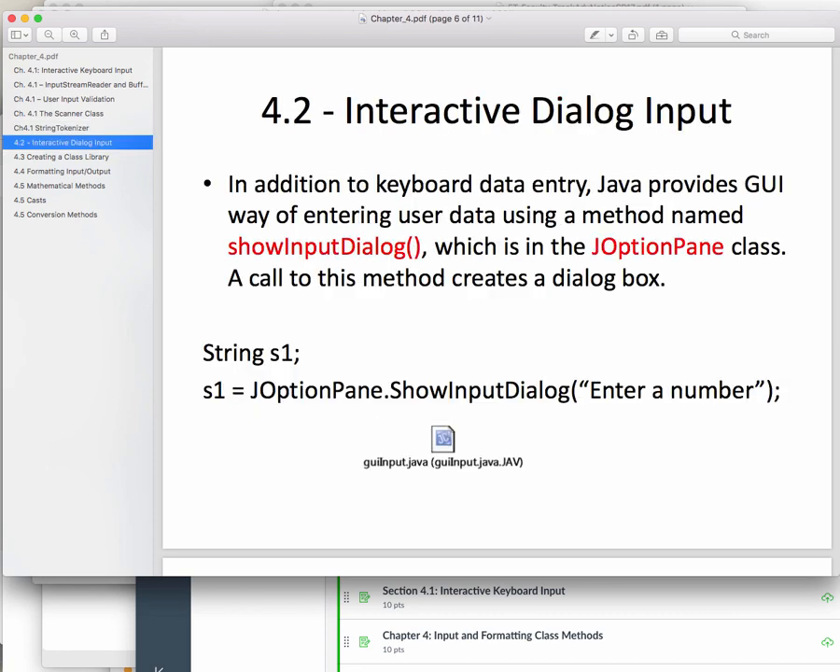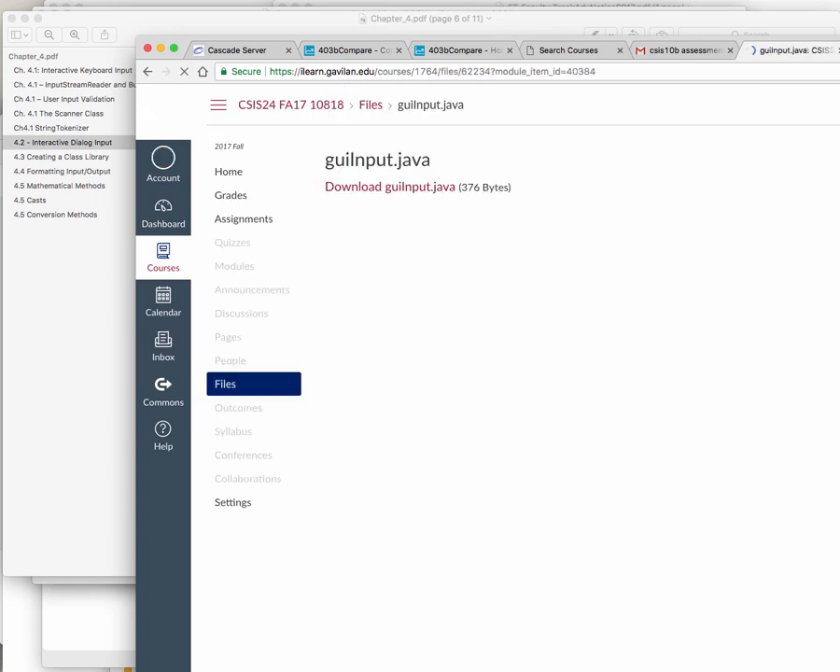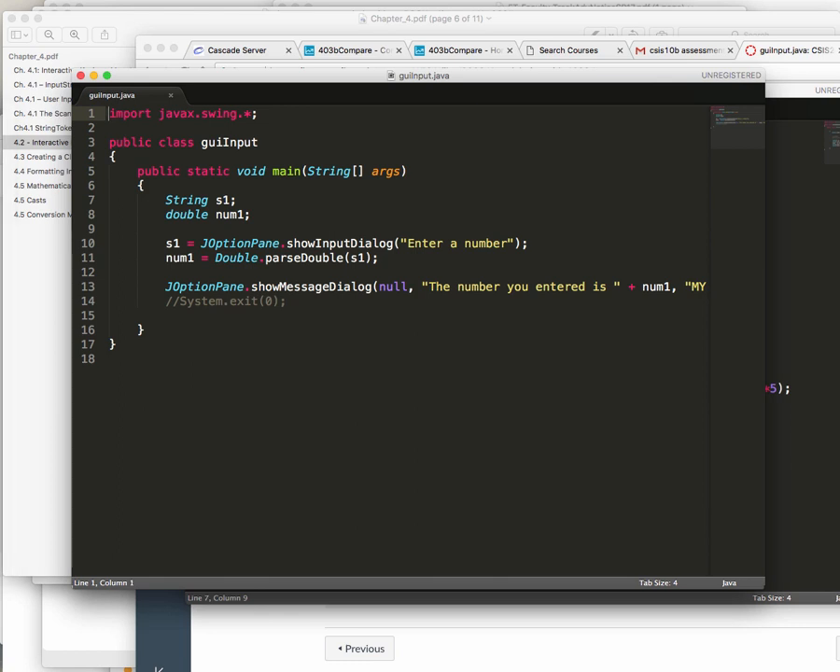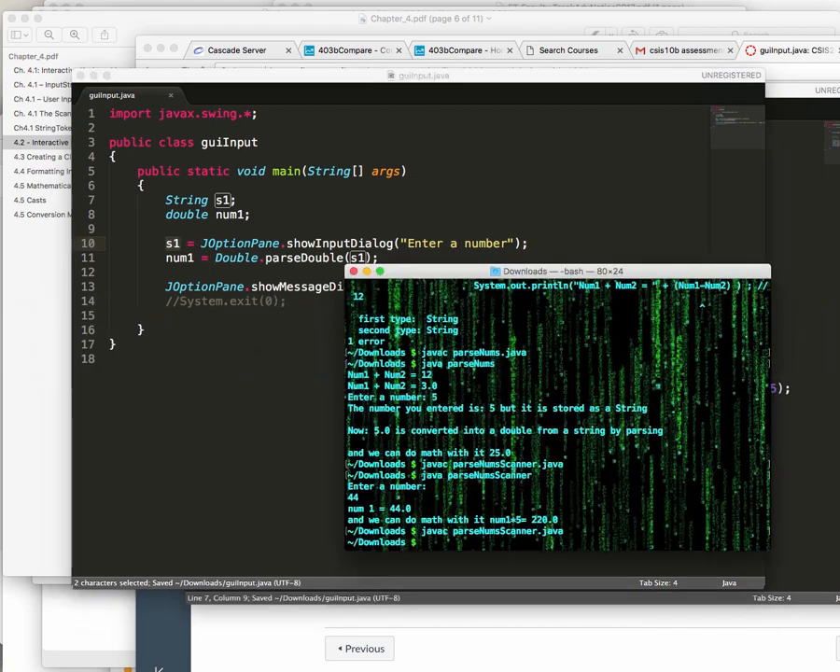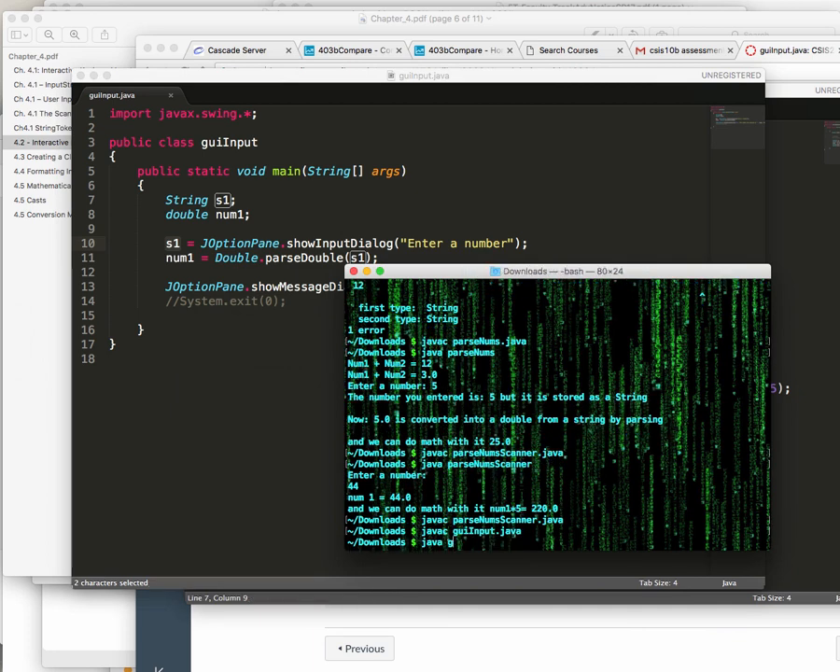All right. And then the next one is the GUI input. This is yet another way for you to get input in Java, and that is this sample program in the textbook. So what is the GUI input? It's similar to the BufferedReader input, except you don't have to do a whole lot of typing. Let me show you what it looks like. This is Java GUI input,